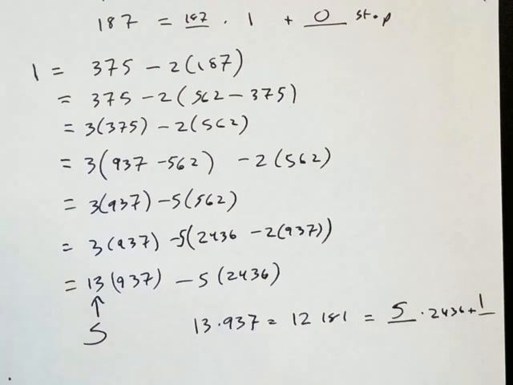So I know what I need to keep hidden in my pocket. I need to keep the number 13 hidden. No, sorry, I need to keep the number 937 hidden. And I tell everybody, if you want to encode a message to me, you need to raise it to the 13th power and mod it by PQ. What was PQ? 2537.